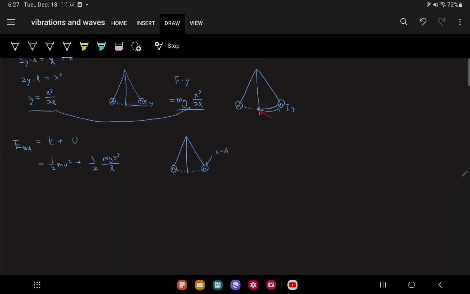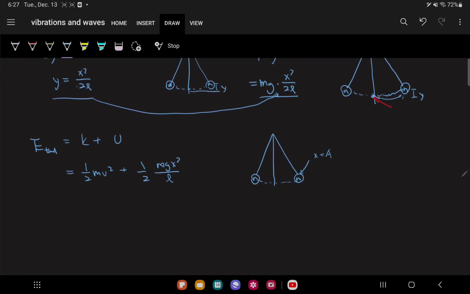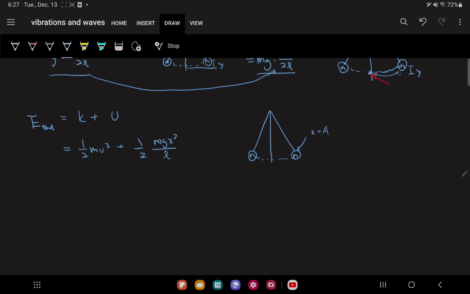Because when you release the pendulum from a certain height, it has zero velocity. It is not moving, and it has the highest potential energy the moment you release it. So at the highest point, which we call A, it has no velocity, but it has